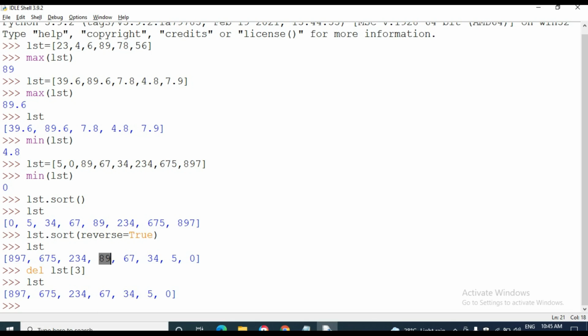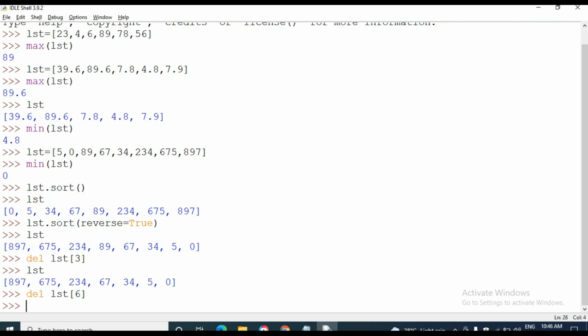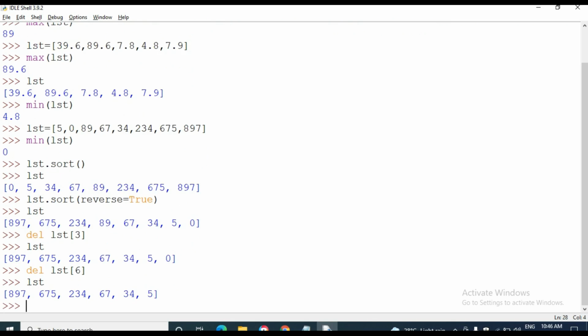So the element 89 has been removed from this list after applying the del command. And I want to remove one more also, del of lst. See, the sixth element: 0, 1, 2, 3, 4, 5, 6. The sixth element is the 0. The 0 has been removed after applying the del command.